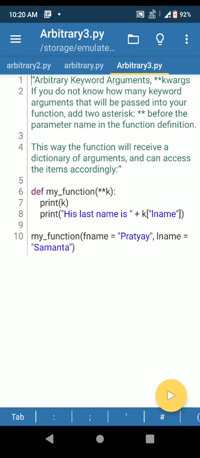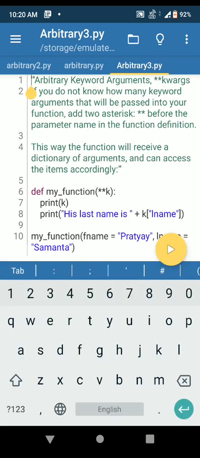So you can see in my function, def my_function, I have created a variable k preceded with two asterisk symbols. Then I have printed the k variable. After this I am printing "His last name is" plus the dictionary and then the key value L name.